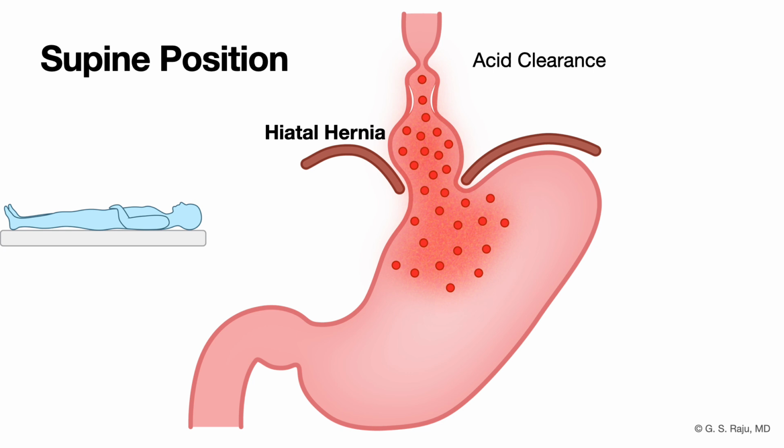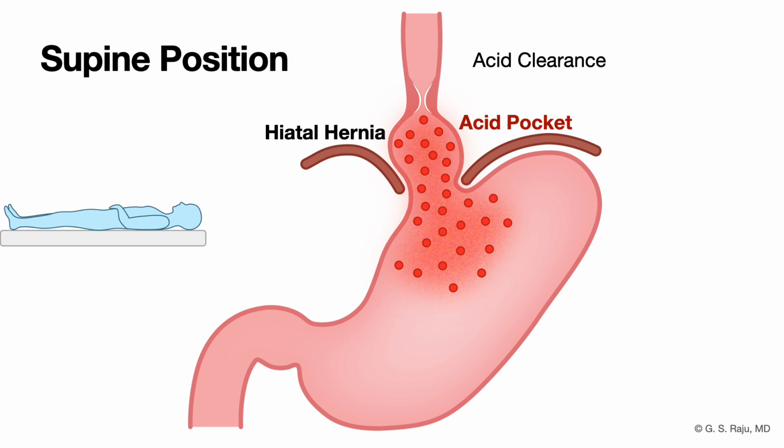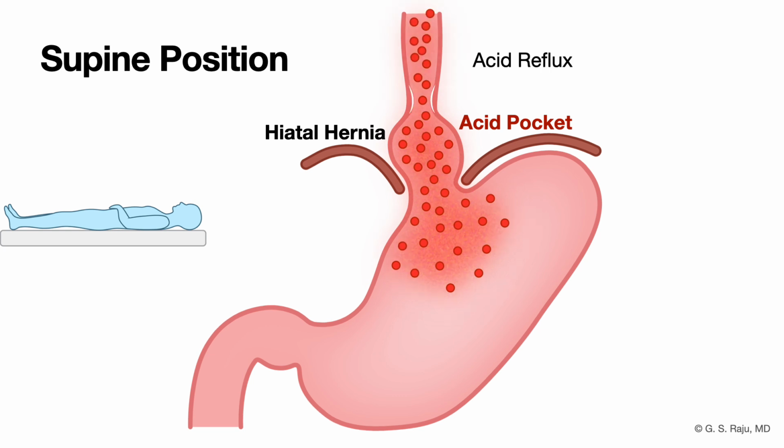A peristaltic wave, in this case a secondary peristaltic wave stimulated by the acid reflux, clears it. But because of the hiatal hernia, it acts like a pocket which stores that acid there. And if the patient is still lying flat, there is a tendency for that acid to keep on refluxing back